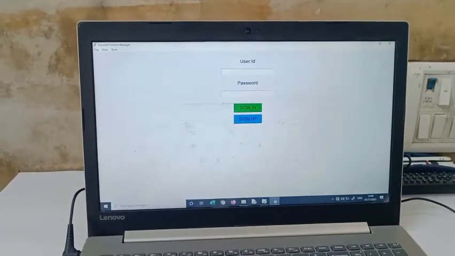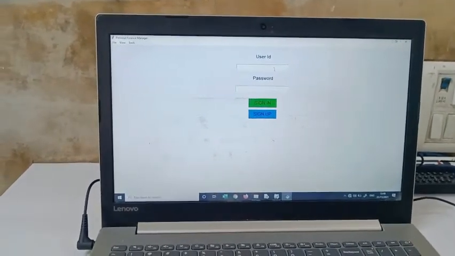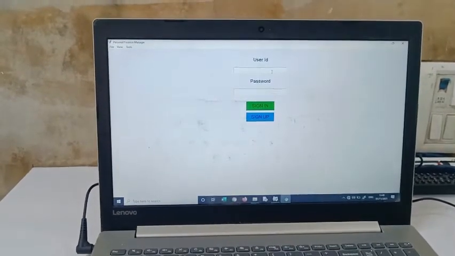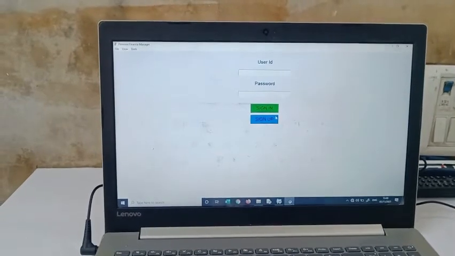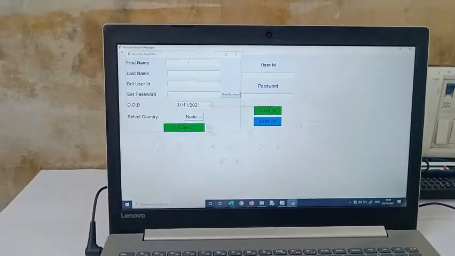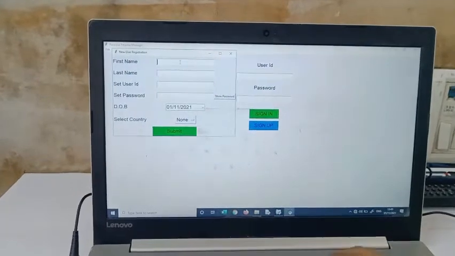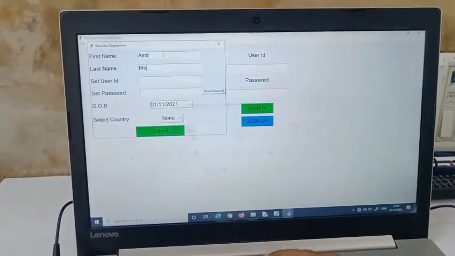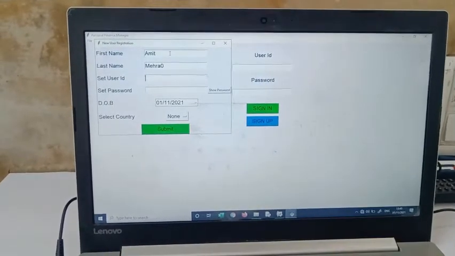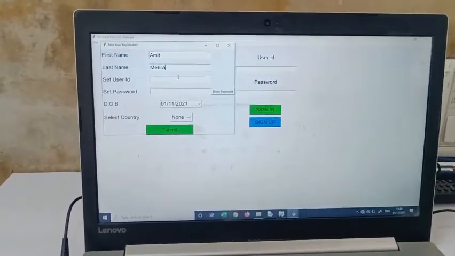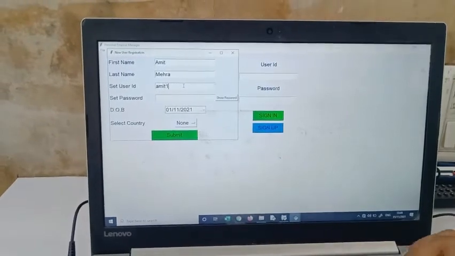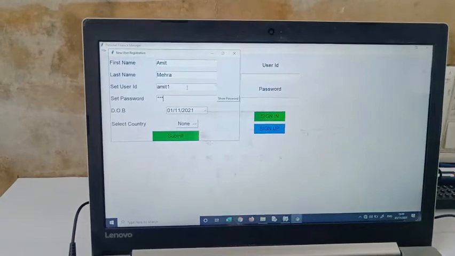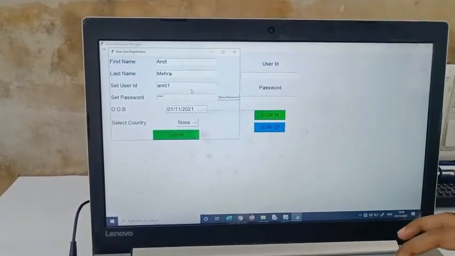And now coming to the main part. Just like a bank sends you a statement, if you want to create a statement of your personal finances, you first have to create your account. So for that I will do a sign up. Here you have to enter your name. For example, Amit, last name Mehra, and set a user ID like Amit1, and I will set the password as 1245.